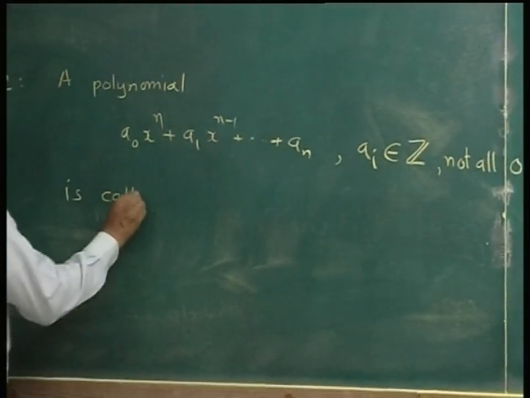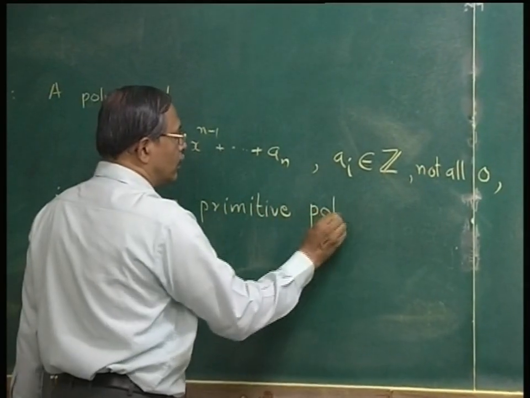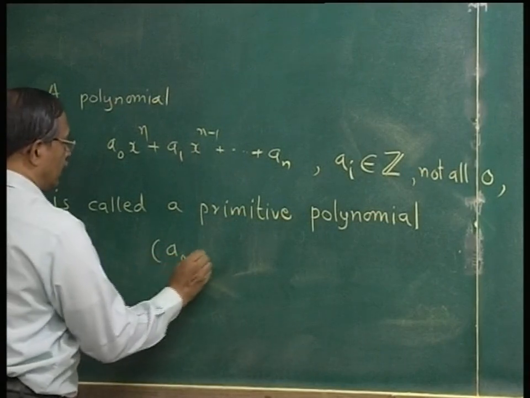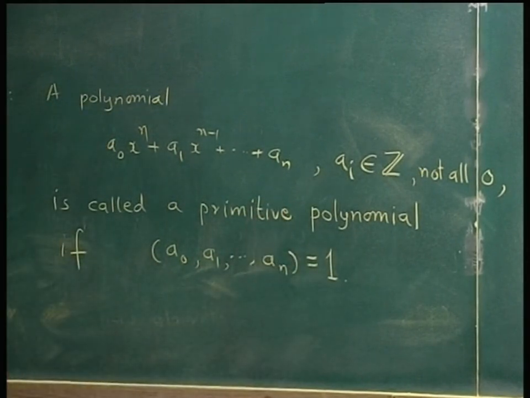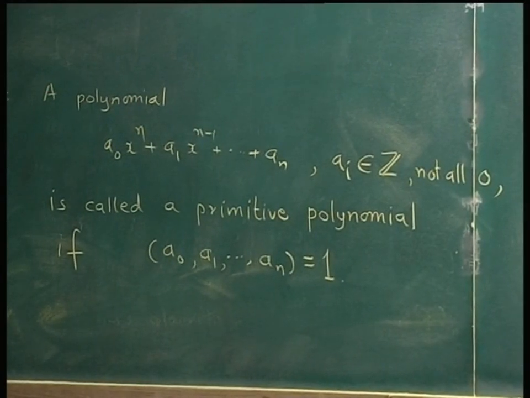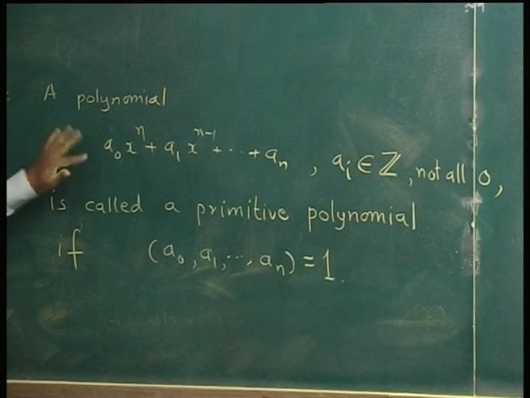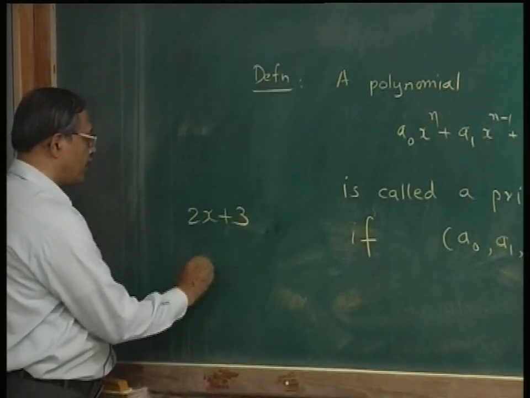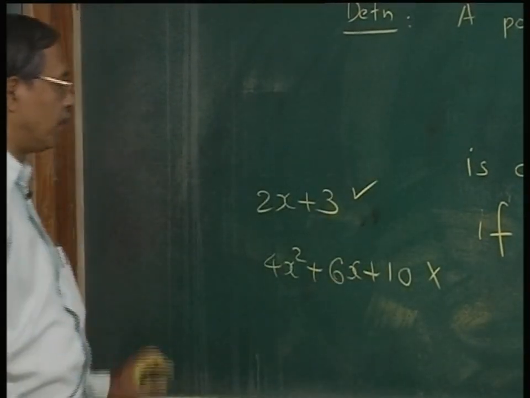Is called a primitive polynomial if the GCD of a0, a1, etc. up to an is 1. So if some prime divides all ai, then that is not a primitive polynomial. So GCD of all the coefficients is required to be 1. Like 2x plus 3, this is a primitive polynomial, whereas if I take